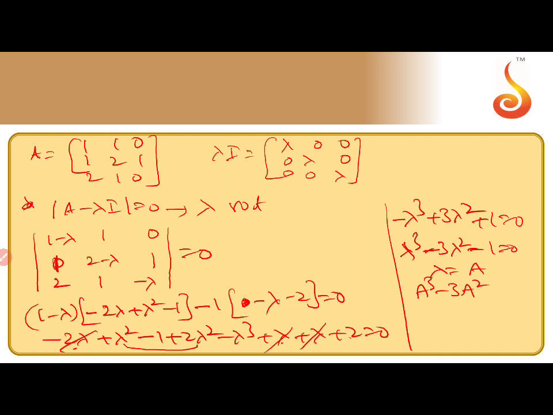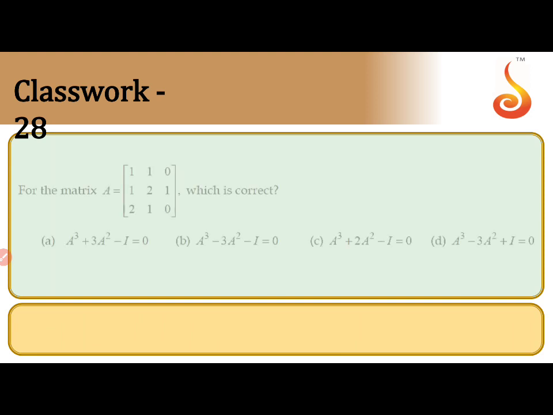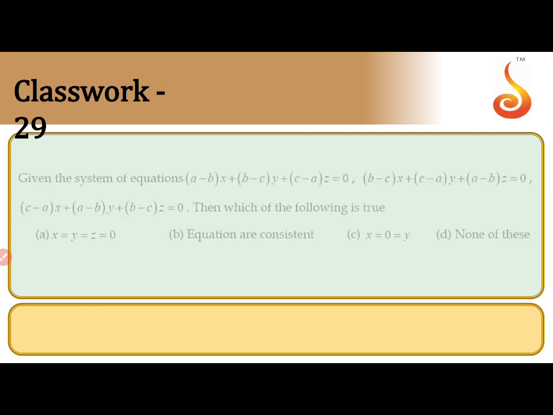This is a matrix equation. Instead of the constant position, you can write I. So the solution will be A cube minus 3A square minus I equal to 0. This is one shortcut method for solving any type of equation. If it is 2 by 2 also, you can take A minus lambda I equal 0. You will get a polynomial expression in matrices. So if you want to convert into a polynomial equation, A cube minus 3A square, instead of the constant, you can write I. So check the answer, A cube minus 3A square minus I equal 0. Which option is matching? Option B is matching. So check the answer, correct or wrong? B is the right answer. So now you can keep that in mind.